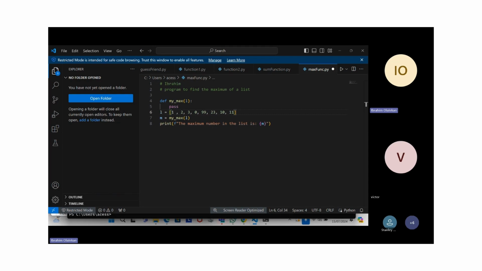Okay, let me use this example. If you say A is 5, let's say B is 6, and I say if A is greater than 5,